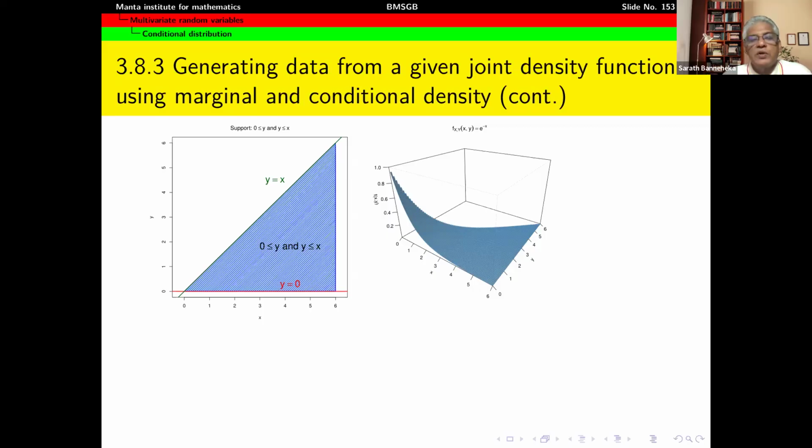So first we want to find out the marginal distribution of x, right? In order to find the marginal distribution of x, you have to integrate the joint density with respect to y, right? So we will first consider some vertical line here at some value of x, and then we will have to integrate the joint density function along that line with respect to y, right? So let us, for example, consider